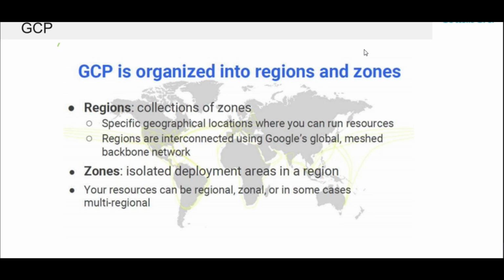Regions are the first thing with respect to the GCP architecture. Regions are what? They are a collection of zones. Zones are nothing but the actual data centers. Now I believe you guys know what a data center is, right? A data center is a facility where the organization keeps their computing components together. I'll show you the image of a data center also, that will come in the next slide, for those who are not aware of it.